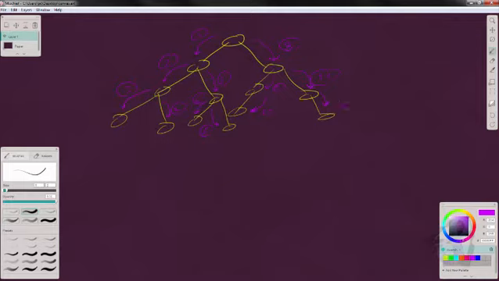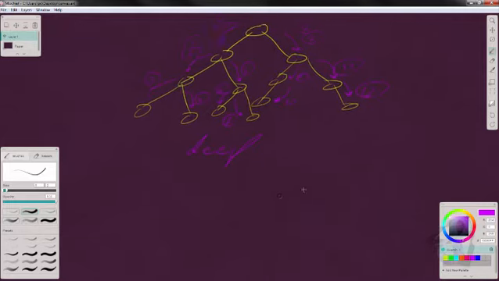Okay, now this is depth first search compared to